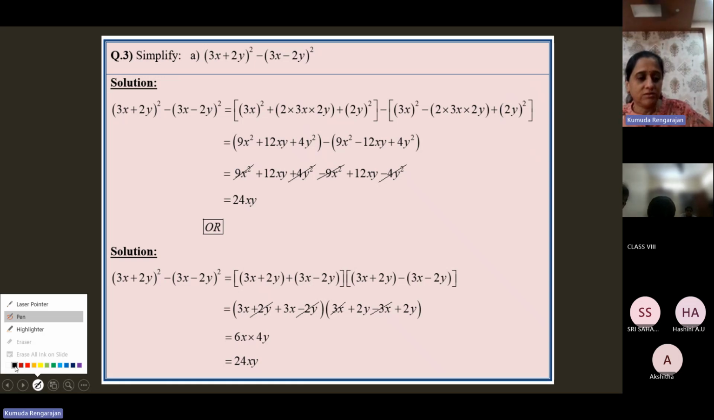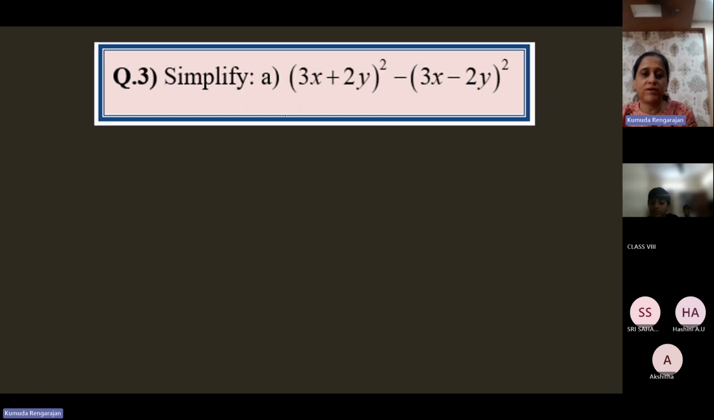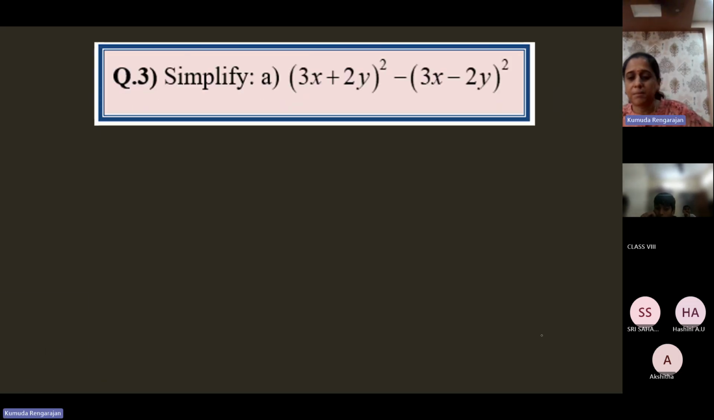Very important question. Very simple, yet very important. Now you can simplify this expression in two ways. This is the question. Simplify. Now, if you treat this as,